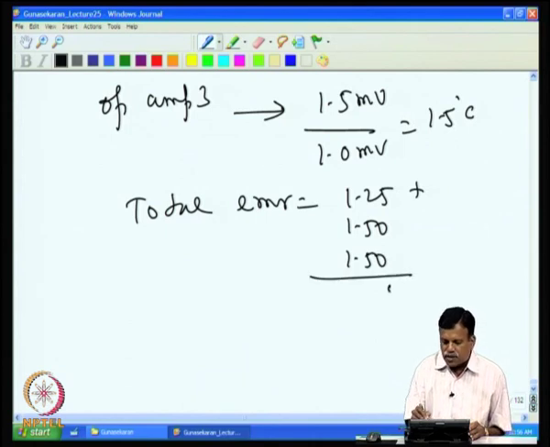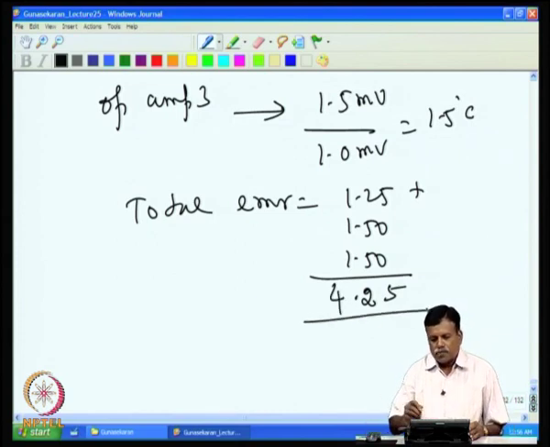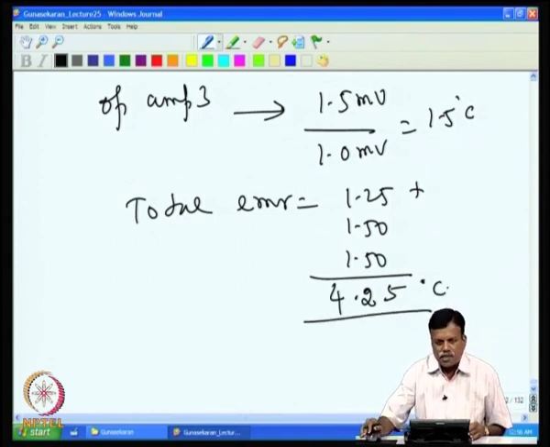So, the total offset drift alone comes to be 4.25 degree. If I use the first stage as a low drift op amp, that is 0.5 microvolt per degree drift